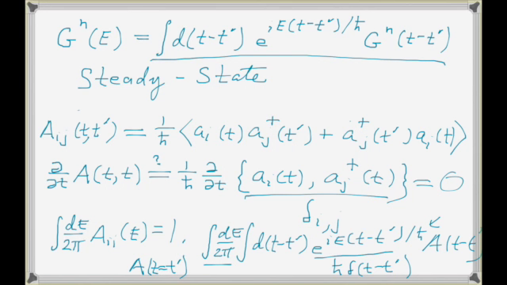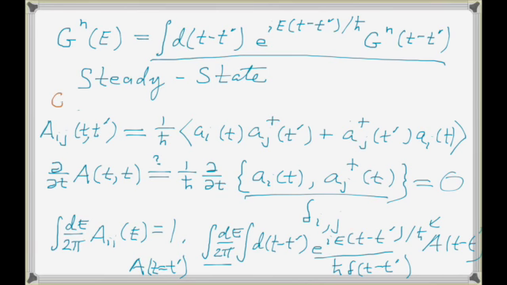Everything we do is in steady state, and so in steady state, the assumption is that all these things are only a function of the time difference coordinate. So the center of mass coordinate, nothing is changing with time. They're only a function of the time difference coordinate. And so this is a Fourier transform that you use to go from the time domain to the energy domain, which is what we've been working with all quarter. And I guess to go back the other way, I don't know why I didn't write that down. So to go the other way, I guess I would have